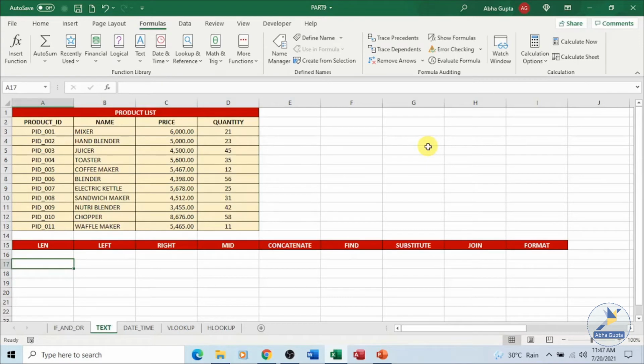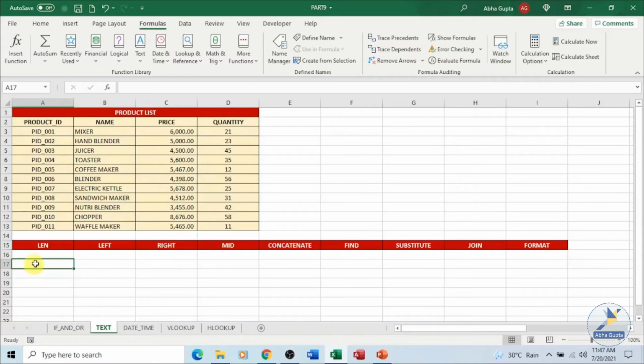The next set of functions which we will discuss are the text functions. Excel offers many functions to manipulate text strings, like length, concatenate, mid, right, find. All these can be used. Plus, the TEXT function lets you change the way a number appears by applying different formats to it with the help of format codes.